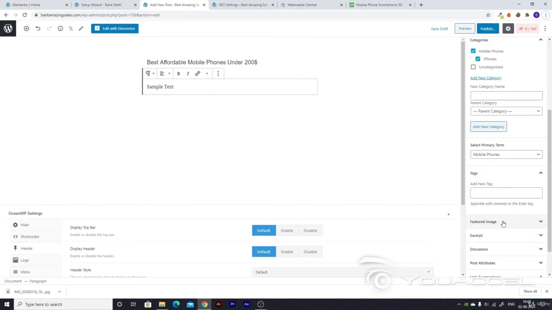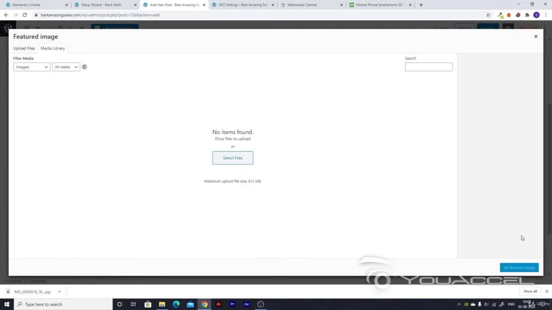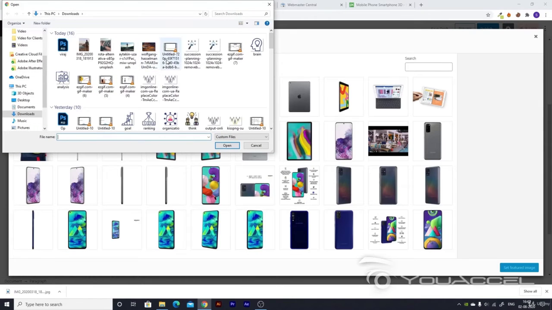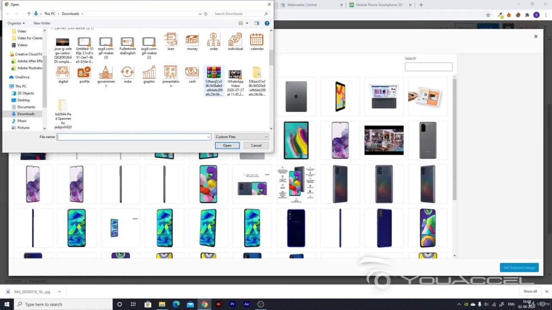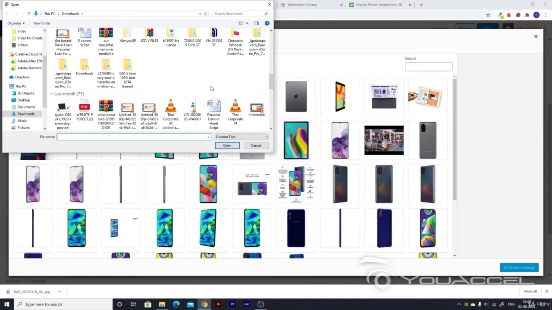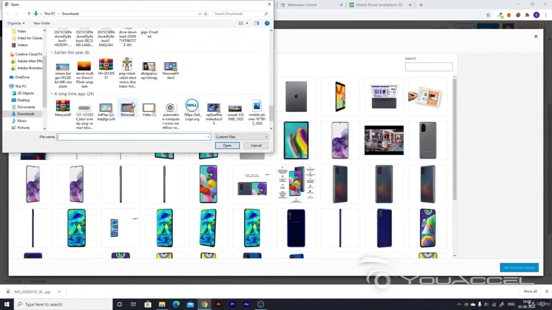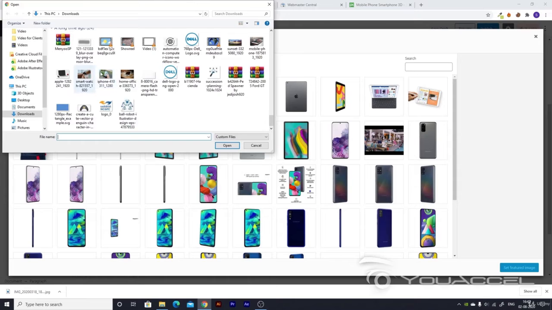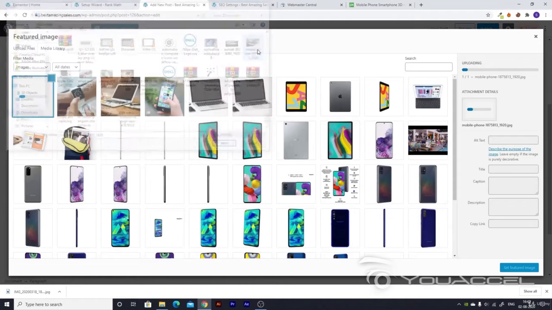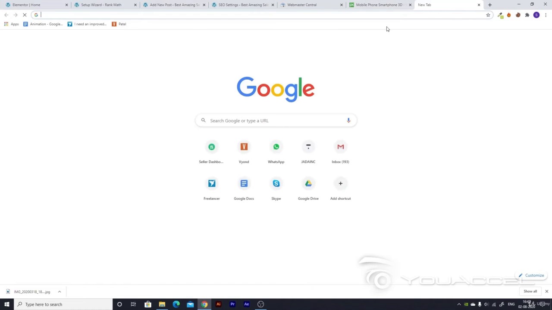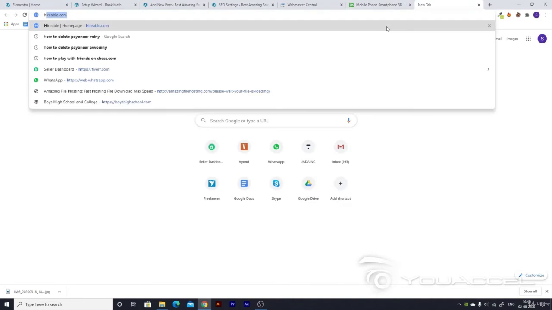After adding the tags, you will see the featured image section. You have to just go to it. You have to go to select files, and then you have to just add your featured image which you want the blog to show. Also, you can see that when I add this featured image, I'll just go ahead and add one, and as it uploads, I'll just show you one thing,